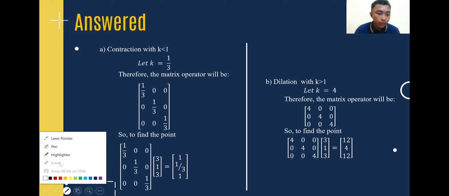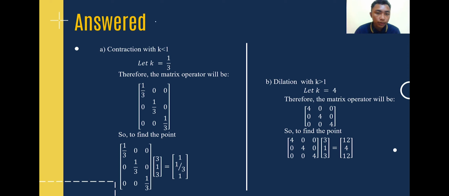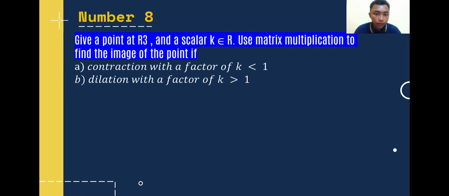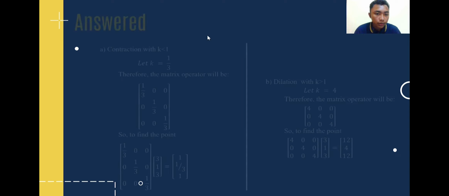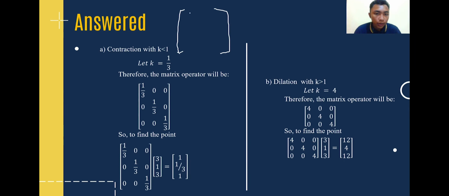The multiplication with the scalar, the formula is like this, with a vector a, that is contraction. Yeah, the formula is